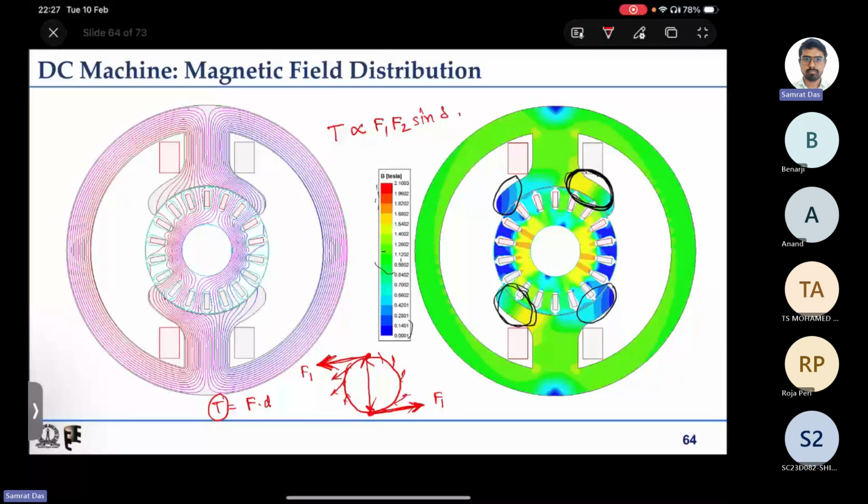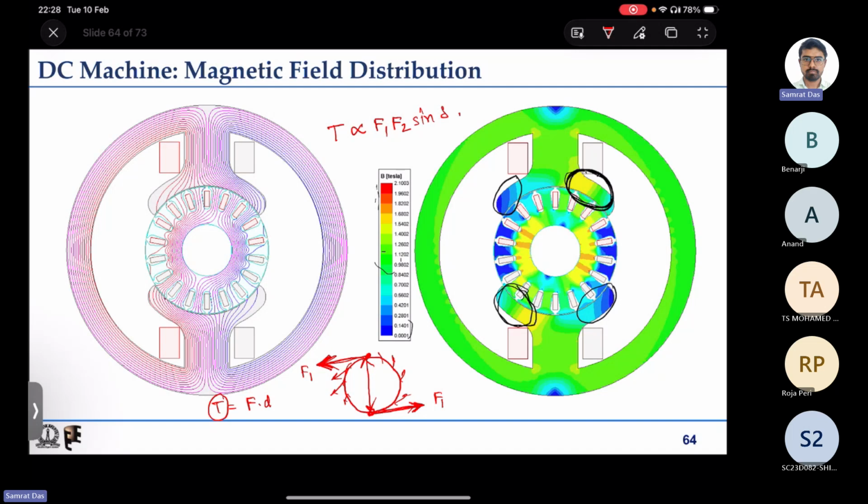Where, and how much force is acting in different portions of the motor, stator as well as rotor, that information can only be understood from the field distribution, and from there we will come to torque. So next we will look at force distribution on different parts of the motor, and that will lead us to torque. And force distribution is also important, because torque only makes the rotor rotate,